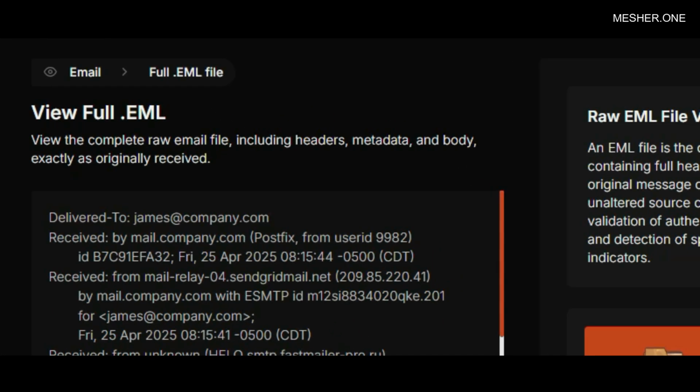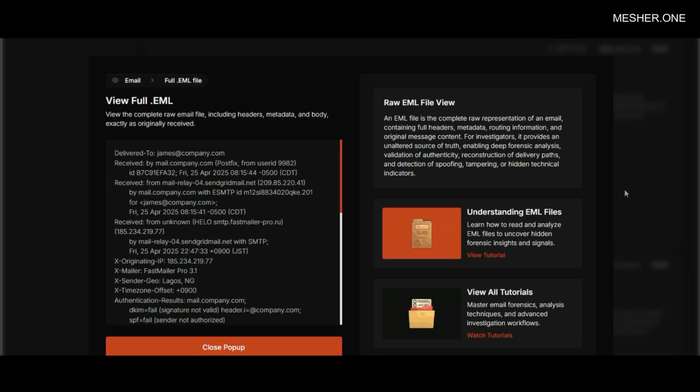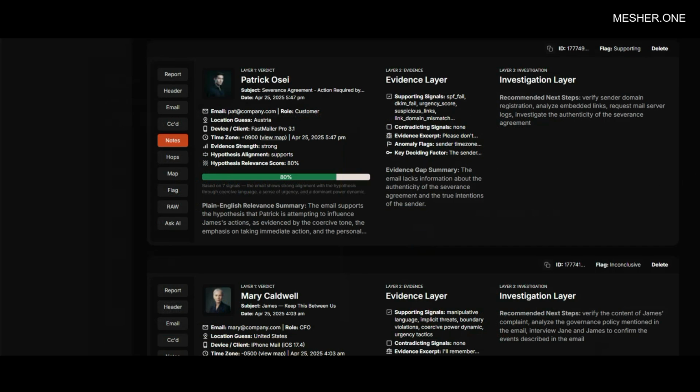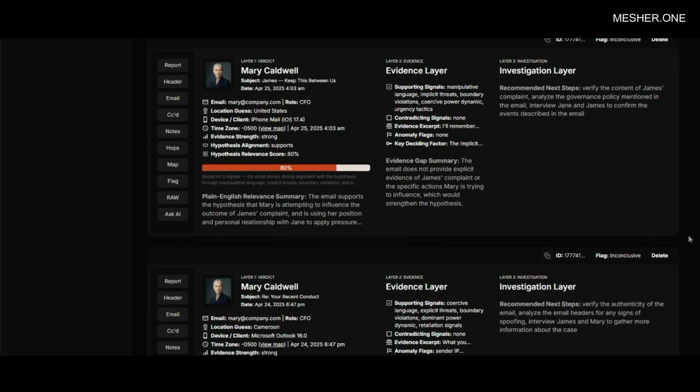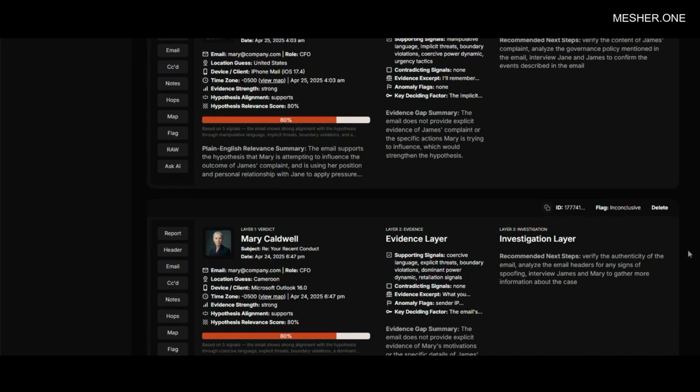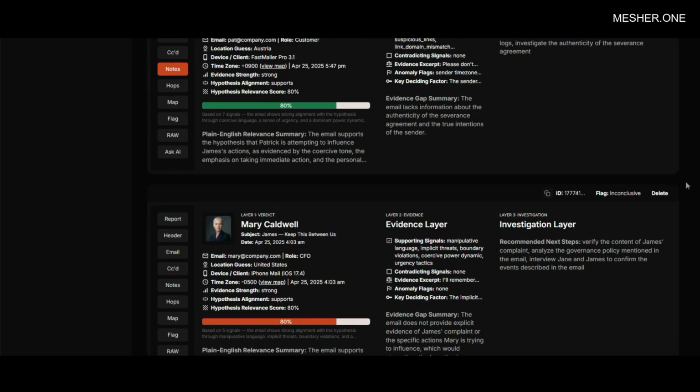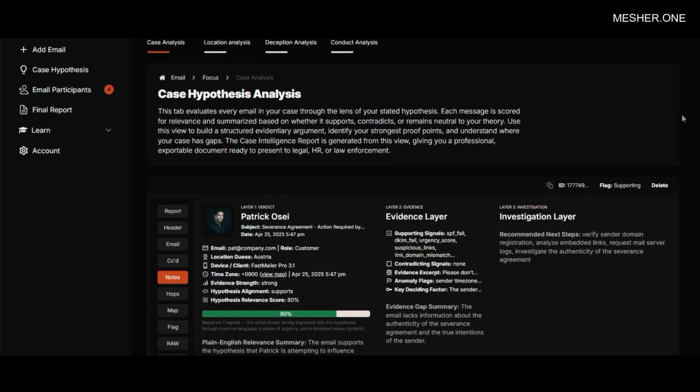Nothing here is interpreted. Nothing is summarized. It's just the email exactly as it existed before any forensics was performed on it. For investigators, that matters because at any point within a case, you may need to verify that Mesher's analysis accurately reflects what's actually in the file, cross-reference a specific technical detail, or simply present the raw, unmodified source material as